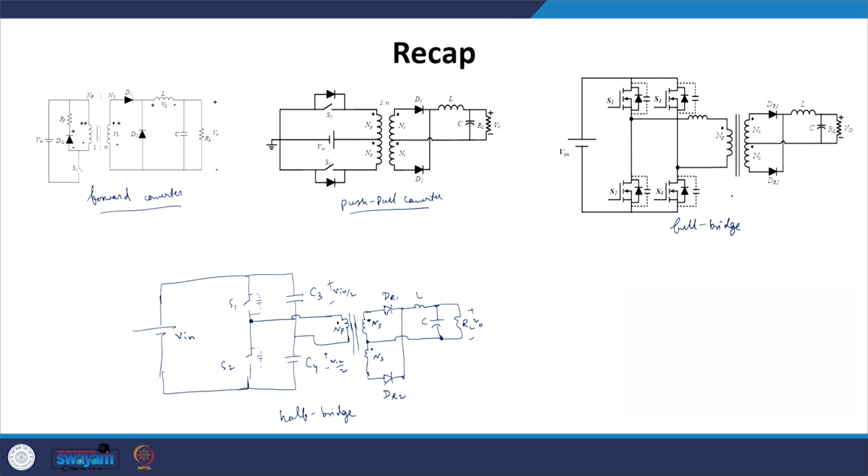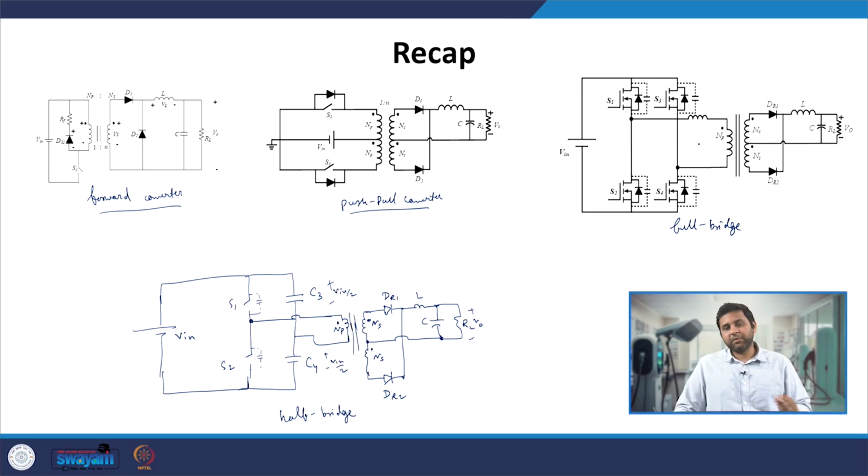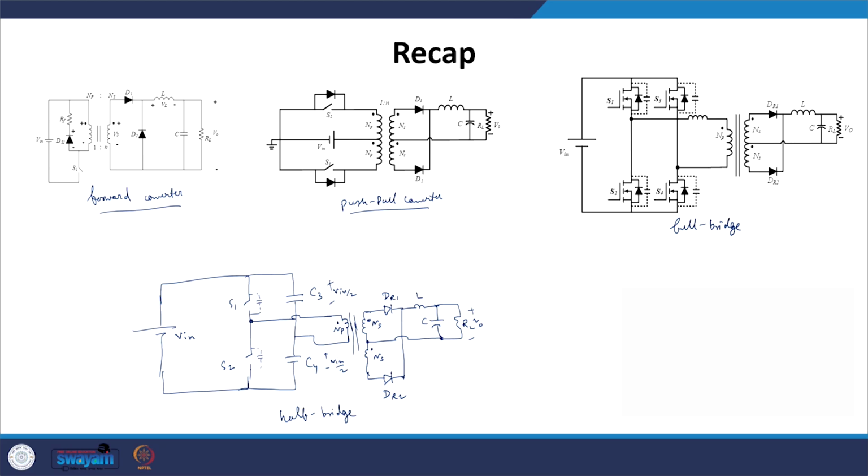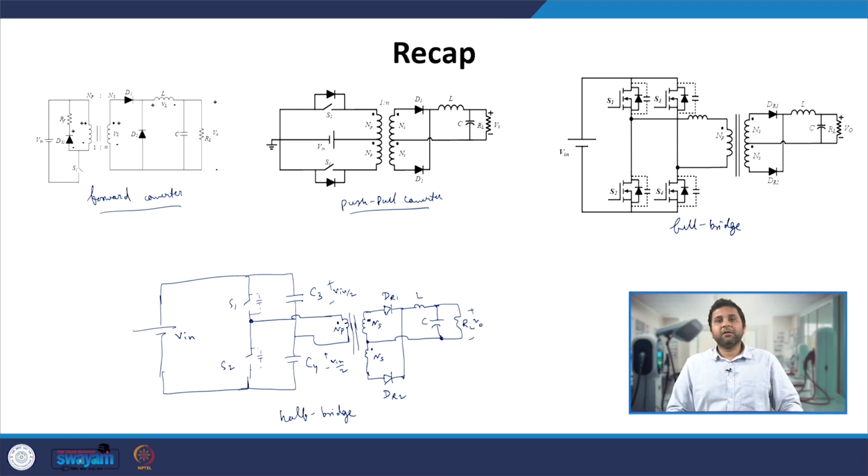So we are going from DC to high frequency AC, and that AC is applied across the transformer winding. We would like to have a smaller and lighter power converter, because these converters are most of the time put either on the charger or on the vehicle in the form of an onboard charger. So we must ensure that the converter is lightweight and small in size, and one way to achieve that is to go for high switching frequency. Since we are going for a high switching frequency, we have corresponding switching losses in the switches, and we will see in this lecture how those switching losses depend on various factors.